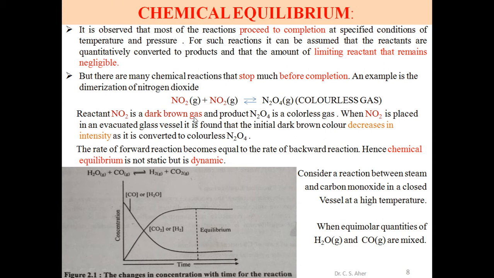So what is the meaning of this statement? In this glass vessel, what we observe is that the reaction is carried out, but it does not go to the colorless state. It is stopped before the colorless state, and thus we call it an equilibrium state. It is not a 100% conversion. It is stopped before the 100% conversion. So this is the equilibrium state.